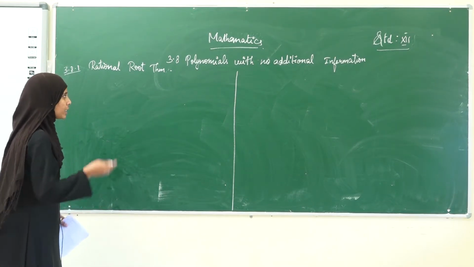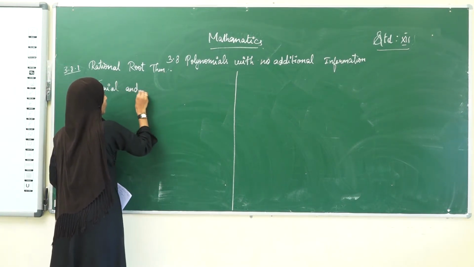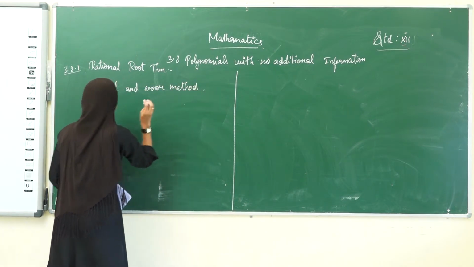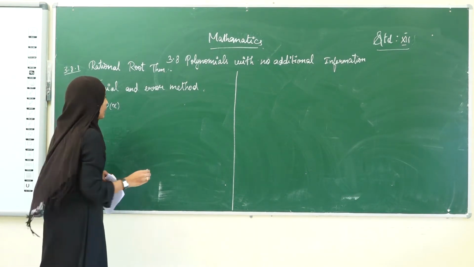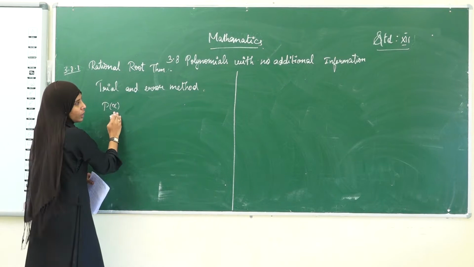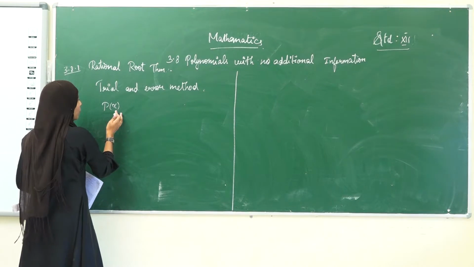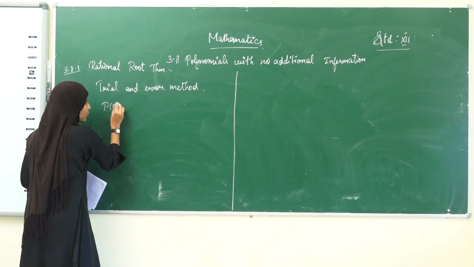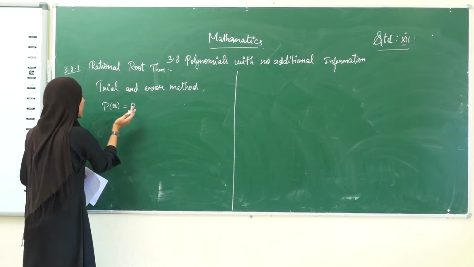Let us see how we are going to find. This can be done using the trial and error method. So, what is the method? Suppose a polynomial is given, p of x. How can we find the root using the trial and error method? We are going to substitute integers. See, what is the root? Suppose alpha is the root of this equation p of x. If we substitute alpha, we will get p of alpha equal to 0. If this condition is satisfied, we can say alpha is a root.